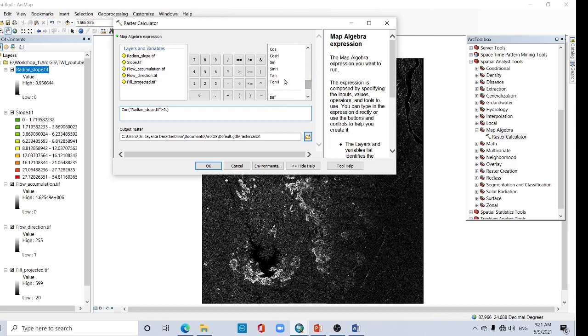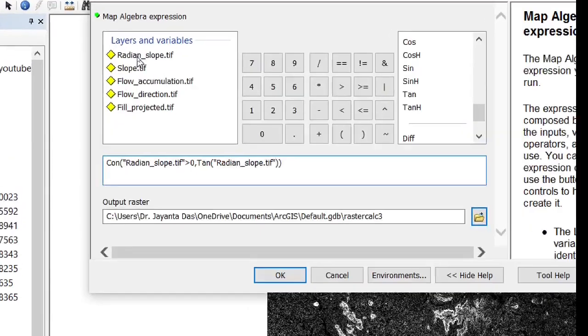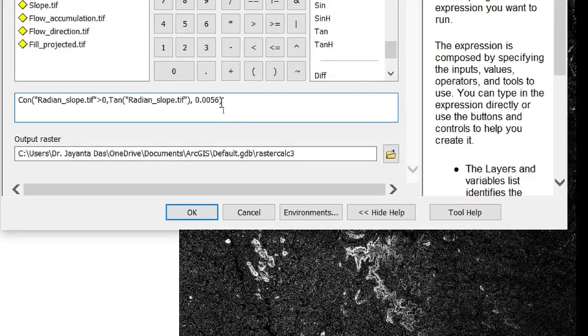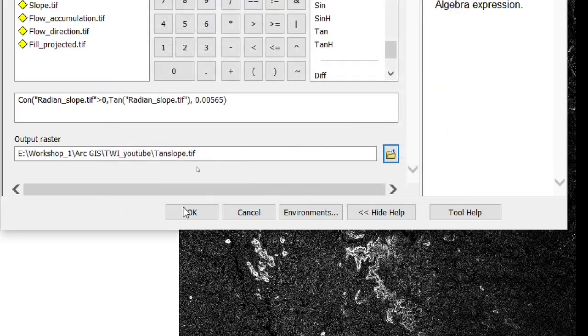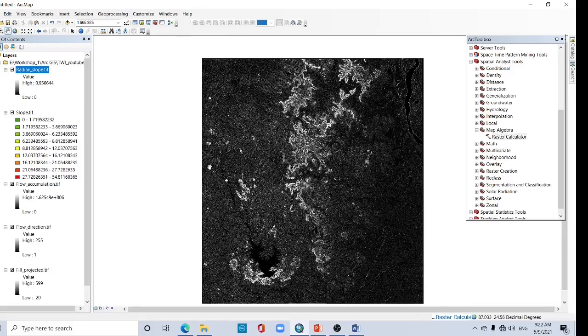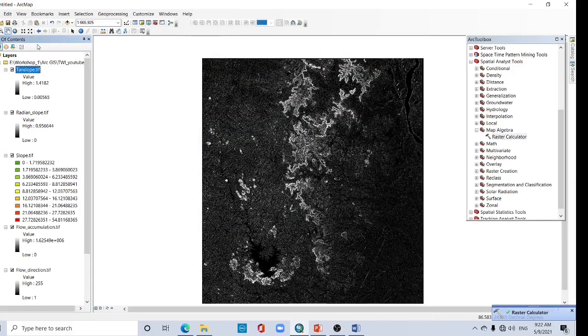Now again radian slope, and give a comma. 0.00565 is the value for the flat region, we have to change the zero value with this value. Give the name tan slope.tif and save it and click OK. So this is the tan slope.